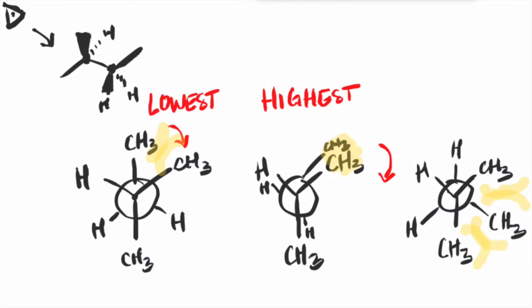Oh, and actually there is another eclipsed conformation, but it is not as bad as the one eclipsed conformation that we have here. But go ahead and convince yourself that there is one more conformation with a different energy. All right, so there you have it. That completes our discussion on linear alkanes and their conformations.